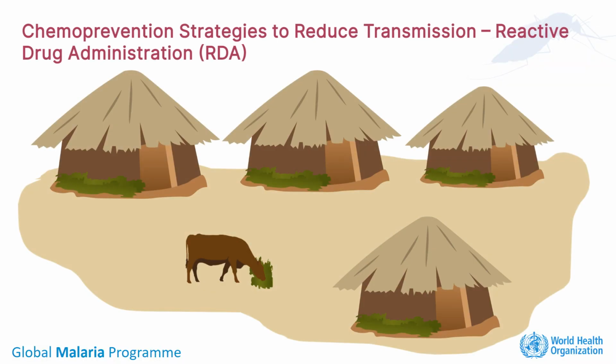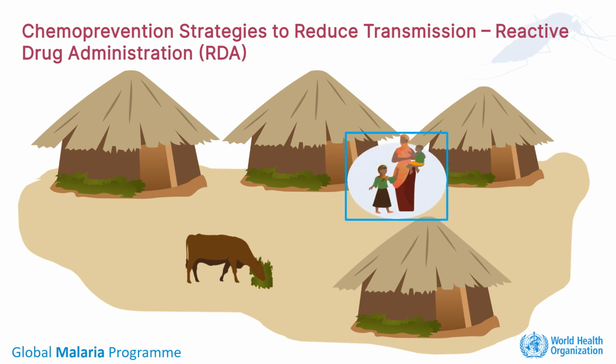Finally, we have the last chemoprevention strategy recommended in areas approaching elimination, RDA. RDA is the provision of anti-malarial medicine to everyone living with or near a confirmed case of malaria at approximately the same time. In this slide, a member of the family in the household, glowing blue, has been diagnosed with malaria. The case investigation has been completed and the case is classified as indigenous with the likely location of